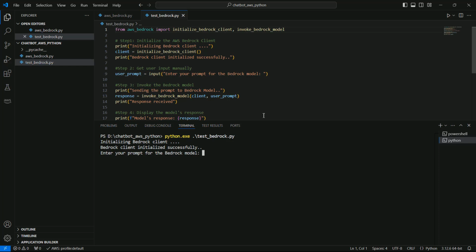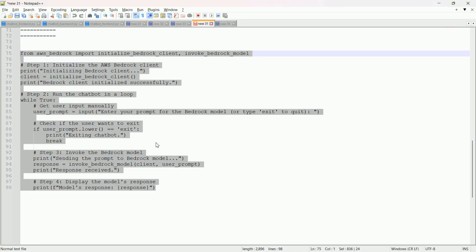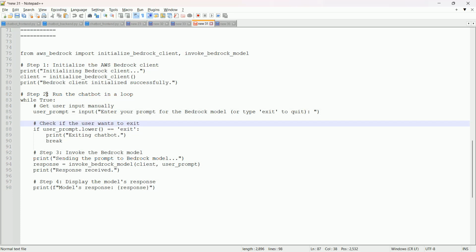I want that whenever I ask a query to the model and it responds back, the terminal of the chatbot should not be terminated. For that you have to use the while loop. So I have already created the script. So here you can see just before the step number 2,